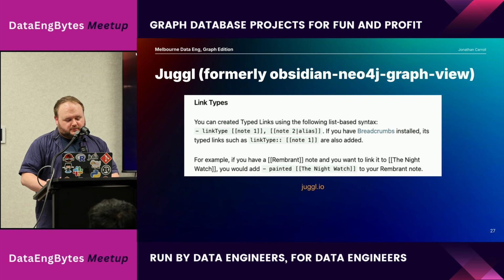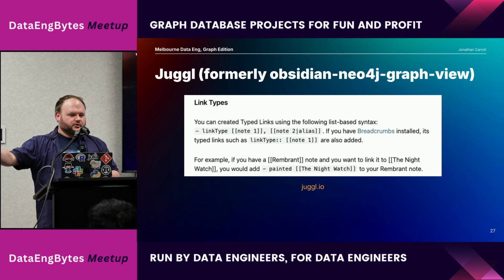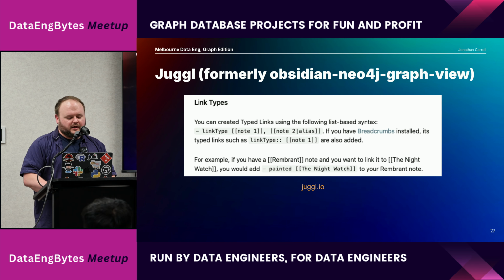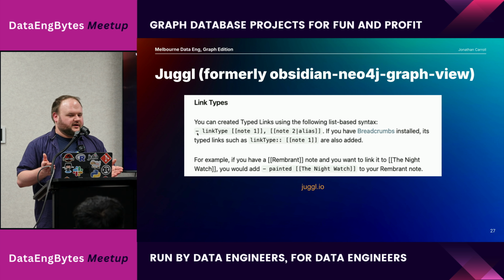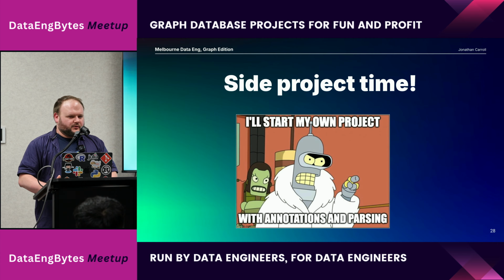The last one that I've seen is now called juggle, that lets you use your still natural language notes. If you do a hyphen, something that's going to represent a link type, and then your note, then it will transform that into the current note, link type, new note. So you get all of those edges, and that seems pretty good. But I didn't like that it required you to write a hyphen there, and what happens if you just want to use a hyphen anywhere? It seemed like it's nearly there, very, very close to what I wanted. All of those things seem very, very close to what I wanted, but they're not exactly what I want. So time to build my own. I'm just going to build it all myself.